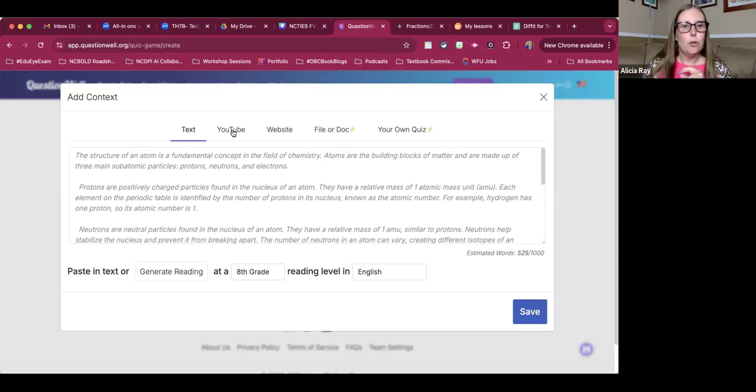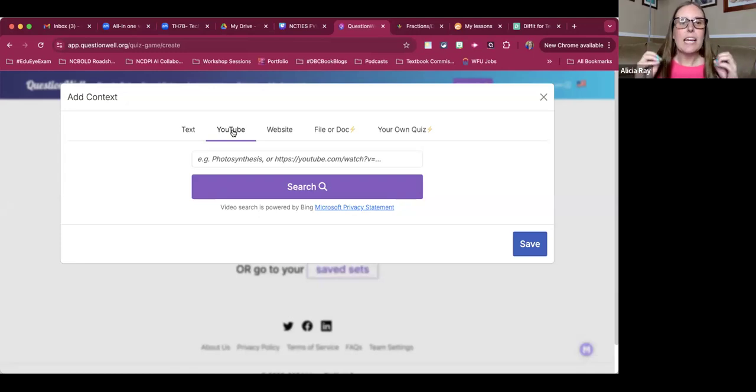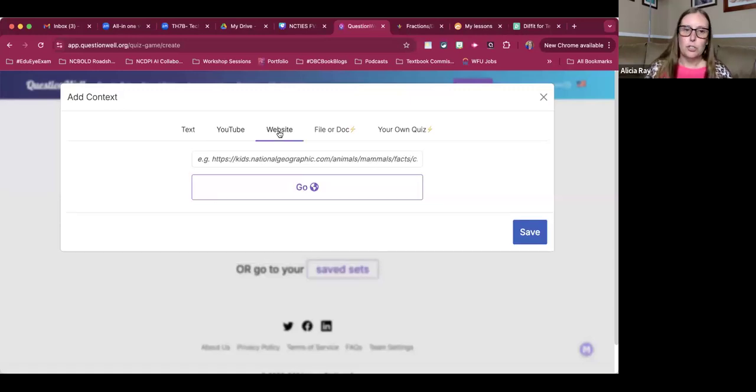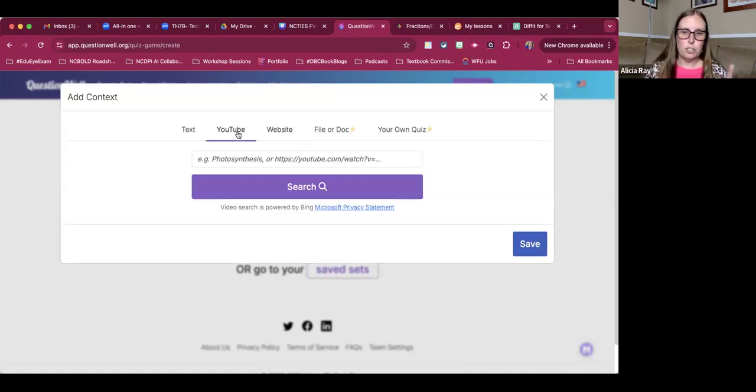I can go to YouTube. I can search YouTube for a video on X, Y, or Z. And then I can put the link in there. Or I could go to a website. Now, I will tell you all websites don't work. I think it has something to do with their source code and not allowing the AI to read the source code. So that's just a heads up, but you can absolutely try with any of them. And then of course, my lightning bolts here, these are to upgrade features. I've never needed them, but the YouTube feature is amazing.